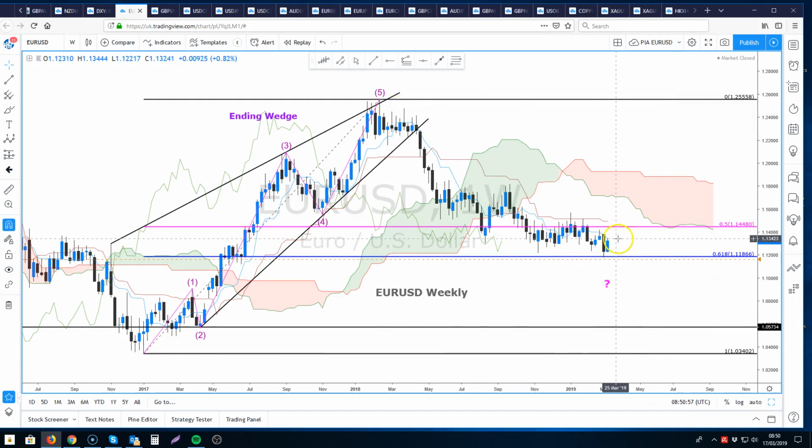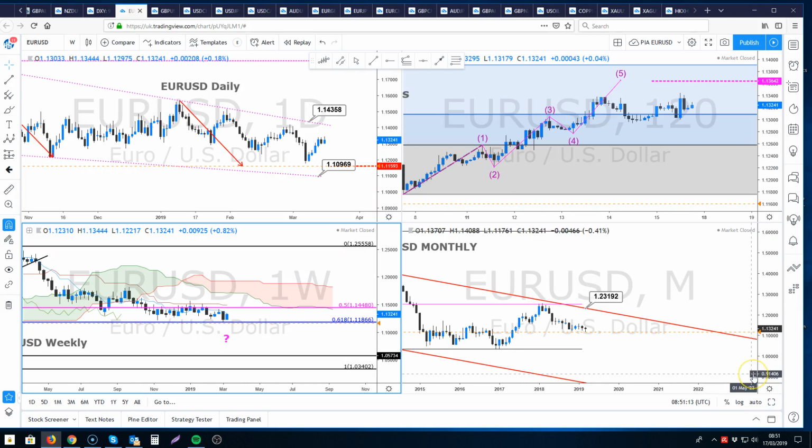Inside bar posted on the weekly chart, a slight indication of indecision. When we see these inside bars, they're indecisive. When we see outside bars, they're normally impulsive, showing us a real change of sentiment. In other words, the rally is stronger or the sell-off is stronger if we get an outside bar. If we get an inside bar, it's just showing us that that week hasn't been as impulsive as the sell-off